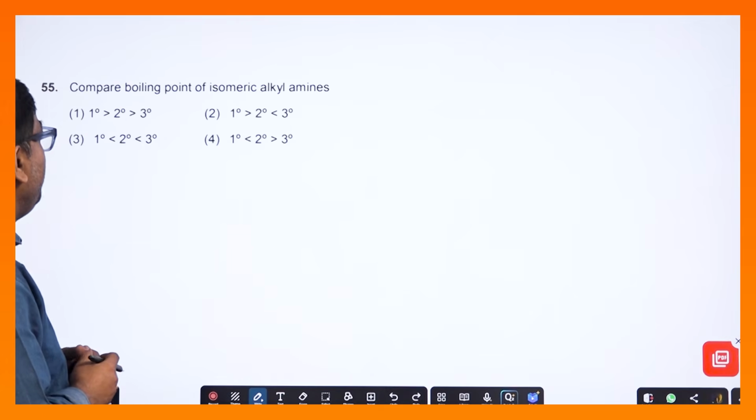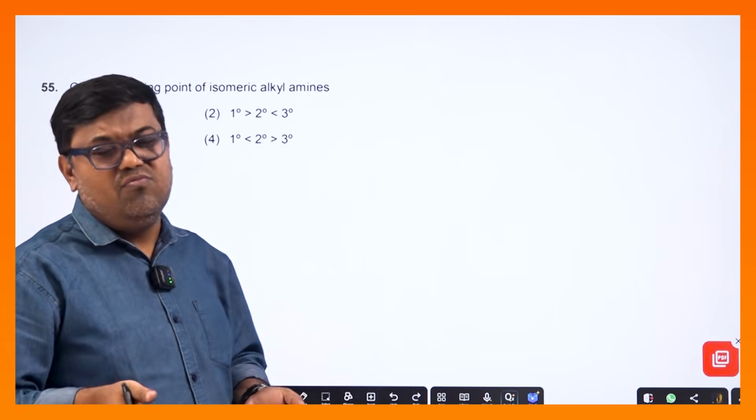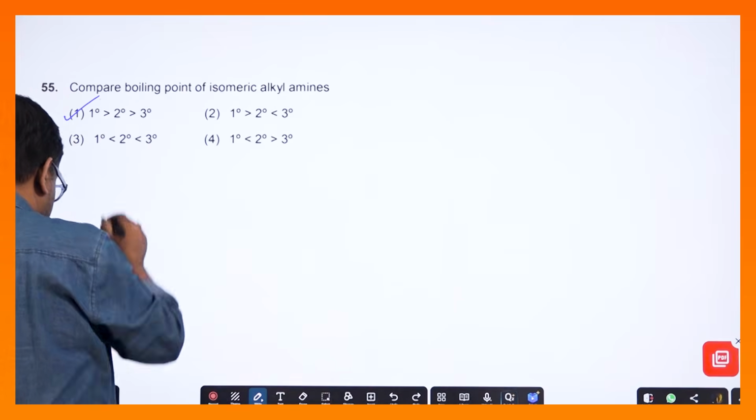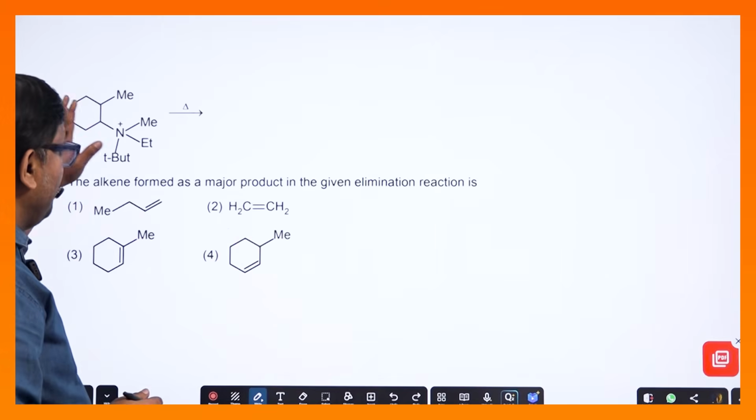নেক্সট কোশ্চেনে যাচ্ছি। কম্পেয়ার দ্য বয়লিং পয়েন্ট অফ আইসোমেরিক অ্যালকেন, বেসিক কোশ্চেন। 1 ডিগ্রি অ্যামিনে মোর হাইড্রোজেন বন্ডিং করে, 2 ডিগ্রি অ্যামিন থেকে 3 ডিগ্রি কমতে থাকে। যত হাইড্রোজেন বন্ডিং করবে তত স্ট্রং হবে, বয়লিং পয়েন্ট বেশি হবে। আইসোমেরিক 1 গ্রেটার দ্যান 2 গ্রেটার দ্যান 3, একদম বেসিক কোশ্চেন হয়ে গেল।